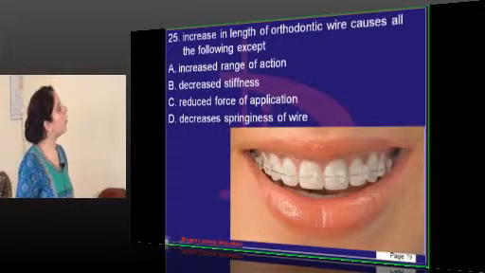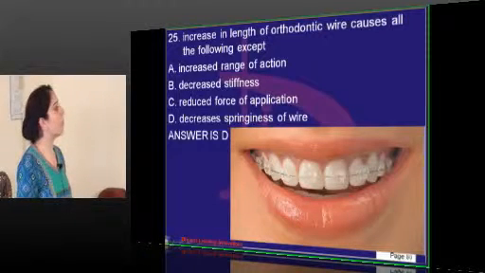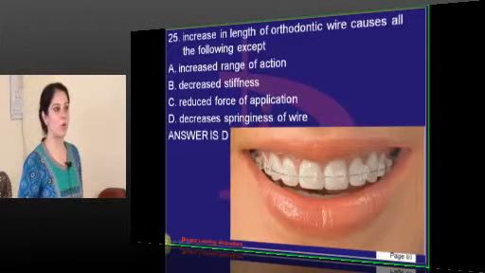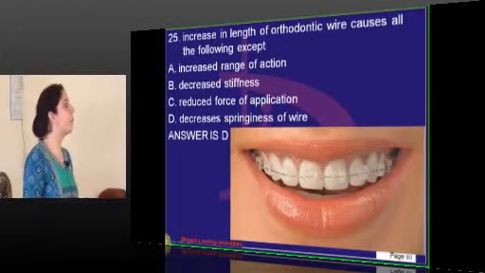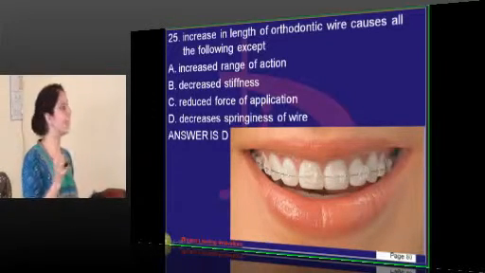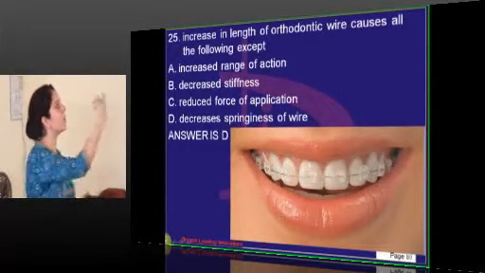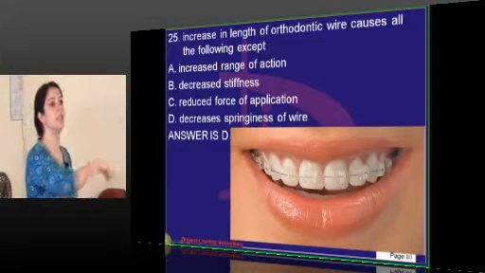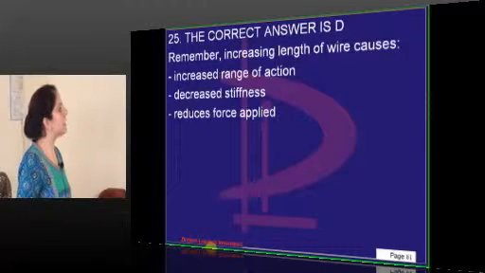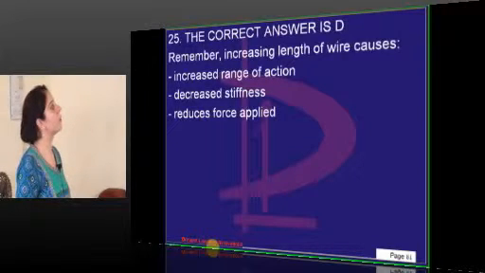Increase in length of the orthodontic wire causes all the following except decreased springiness of the wire. Usually we don't see an increase in length of the orthodontic wire as such, but when you put it in a patient's mouth, because of the temperature of the mouth, a little bit of flexibility occurs, and because of that the springiness increases. So increase in length causes anything except decrease of springiness of the wire. The increase in length of the wire causes increased range of action, decreased stiffness and reduced force